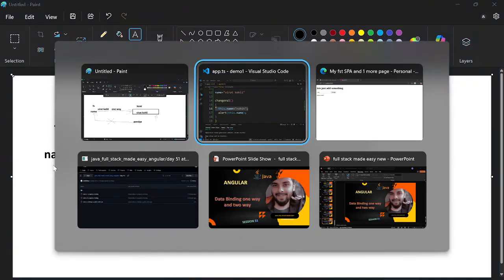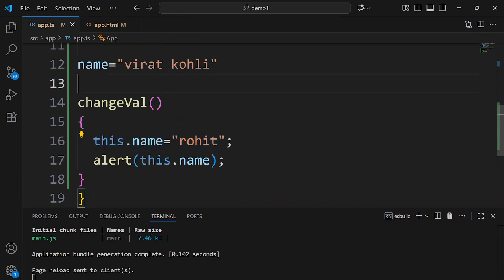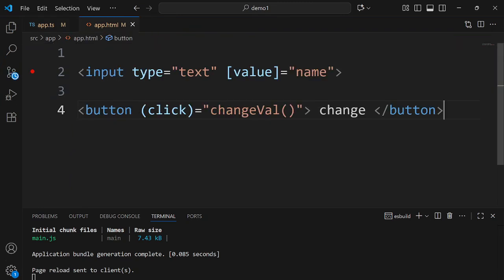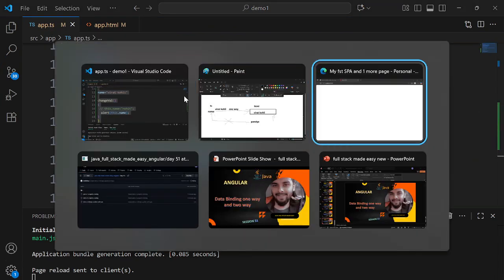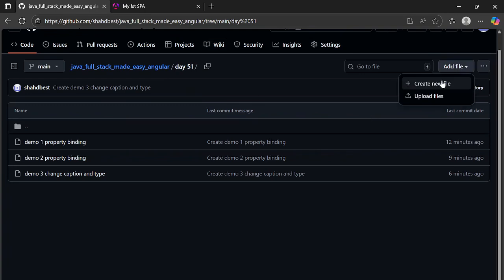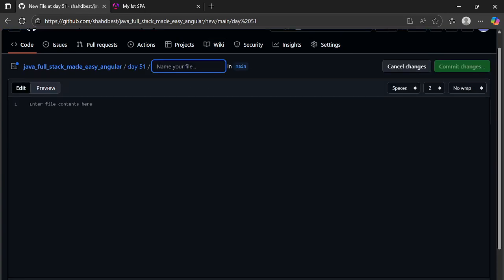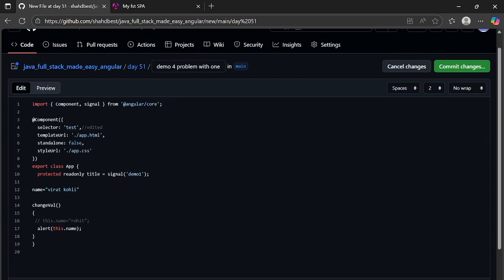First of all, I will show you this particular problem that I am facing here. I'm able to change this, but when I try to take this particular value and change it in the text box, that's not happening. So first I will put up a problem so that you understand why we included two-way data binding in our examples. Let's call it a demo for the problem with one-way data binding. So what is the problem? The value changed in TypeScript is getting reflected in HTML, whereas the value changed in HTML is not reflected back to